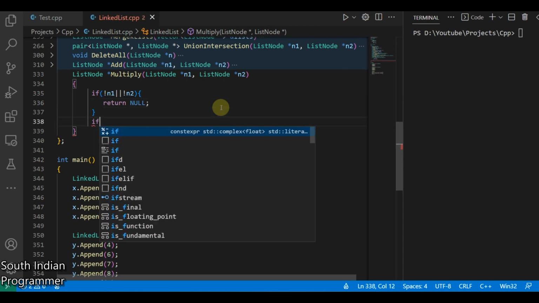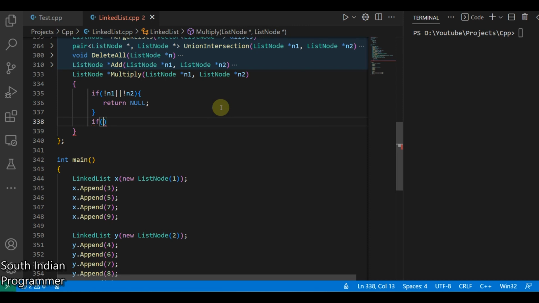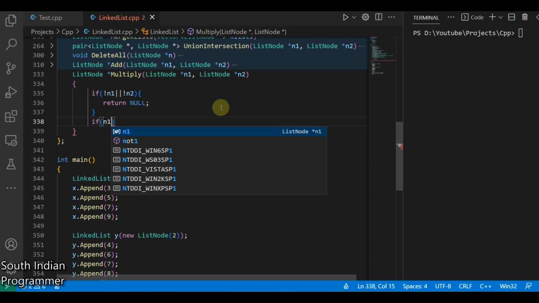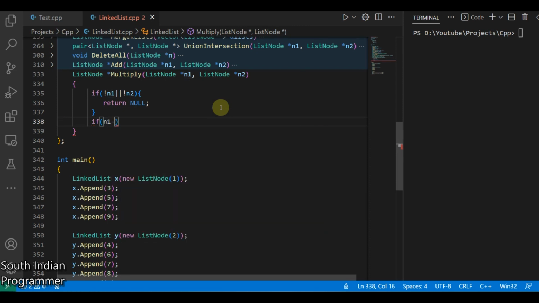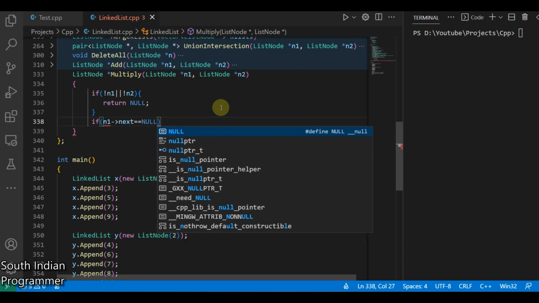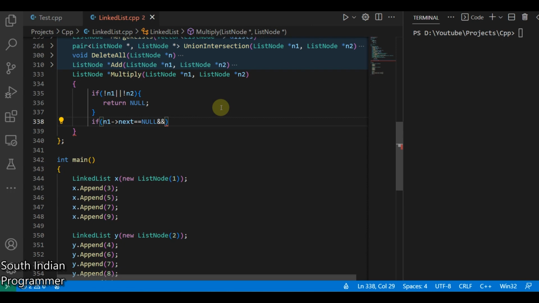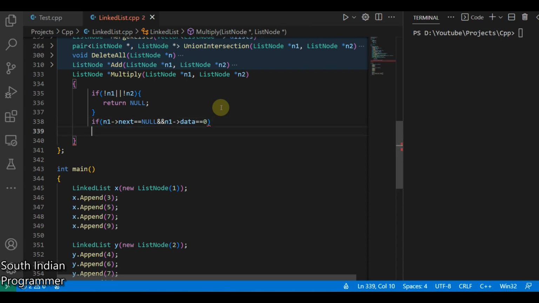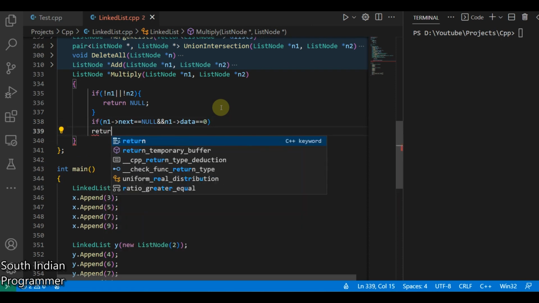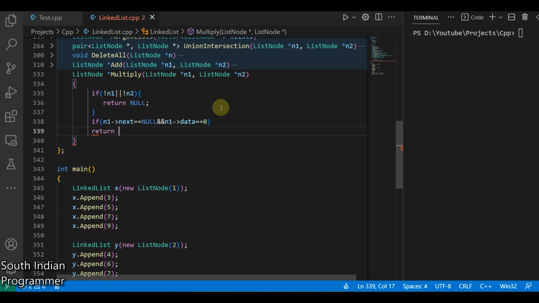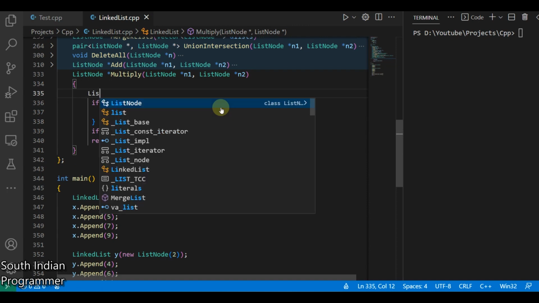And the second case: if n1's next is null and n1 data equals 0, you can return 0. So you can create a new ListNode called dummy2,